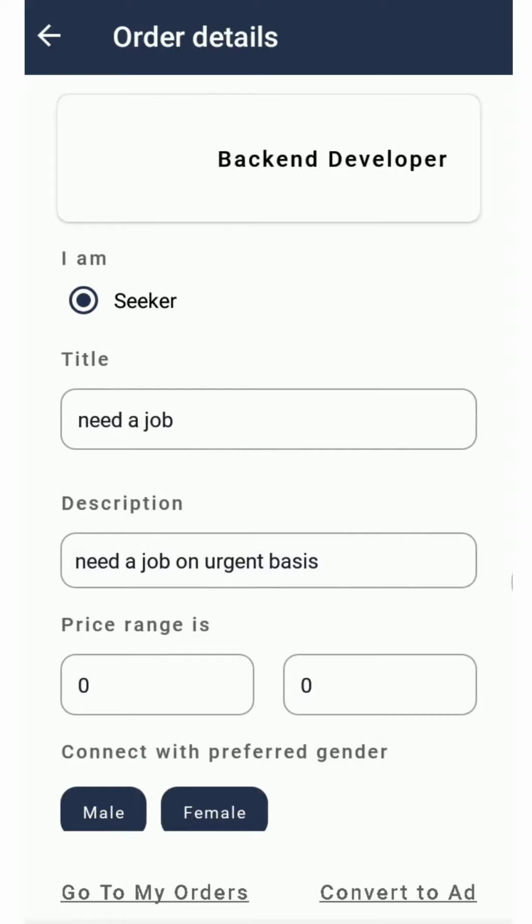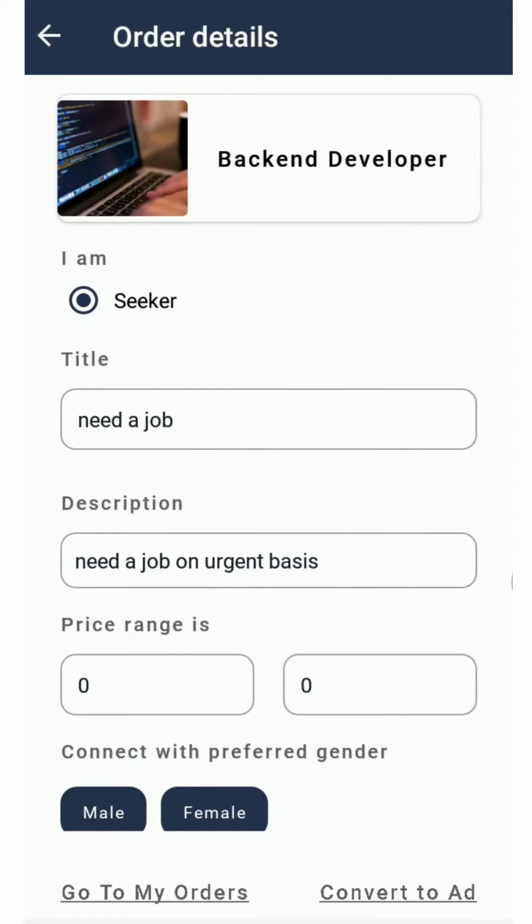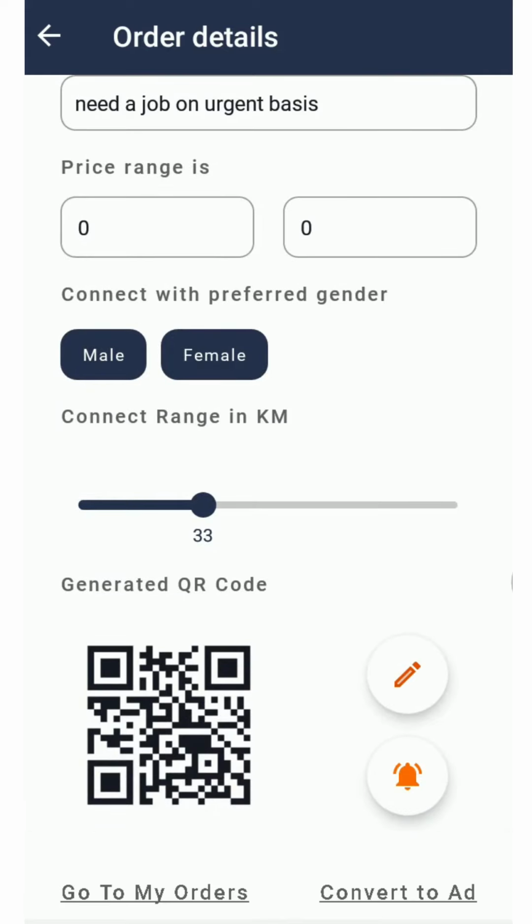So once you click on generate order, based upon your details, a QR code will be generated. In this way, you can generate multiple QR codes for multiple needs. Let's say you are a plumber offering a plumbing service, then simply click on plumber, fill up the form, choose your kilometers, select offer because you are offering the service, and click on generate.